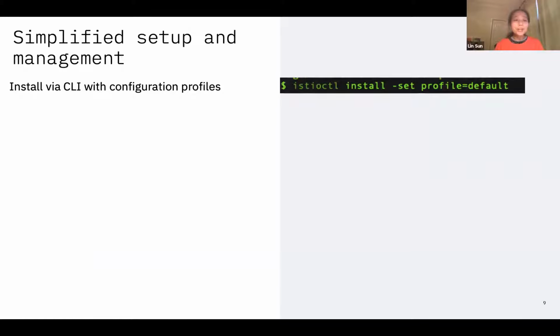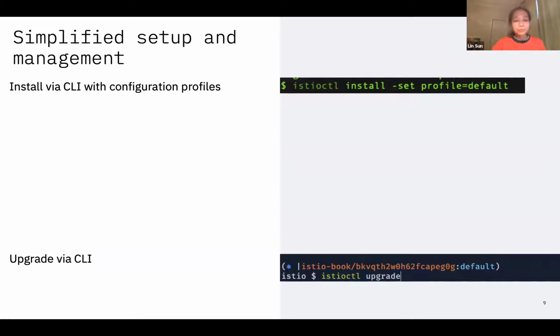First we want to talk about install. The community really has done a lot of work to help you install Istio. So you can use the istioctl command. We have a default profile you can use. We also have a demo profile, depending on your needs. The default profile is optimized for smaller production environments. We also recently added Helm support, so if you're a Helm shop you can use Helm to install Istio.